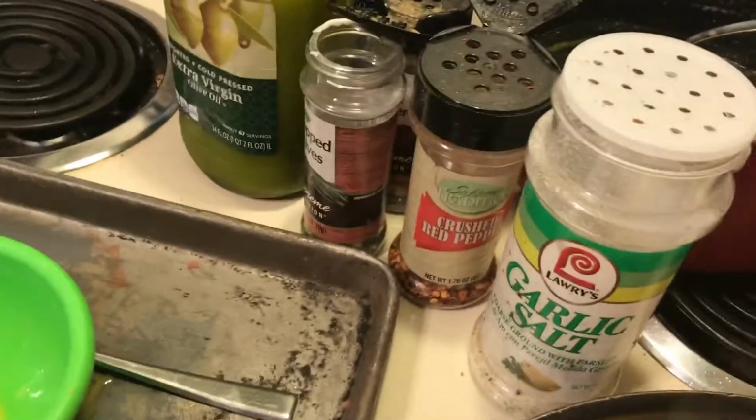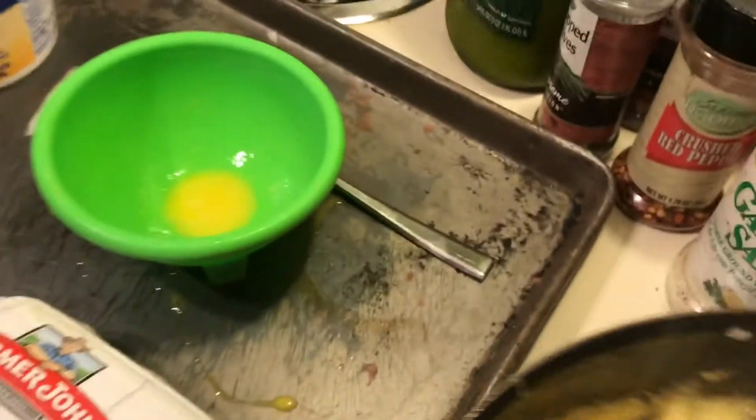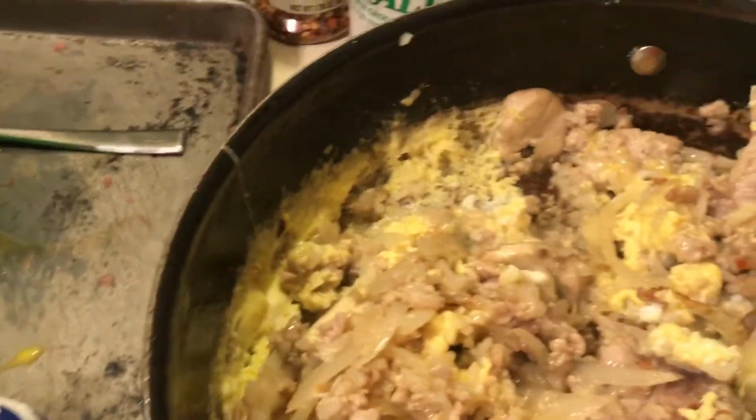Okay, so you see my eggs are starting to look good now. And then I just mix everything together. And I keep stir frying. I think the eggs turn out better when you fry them to the one side. I've tried every kind of way though. And so, okay, so then,